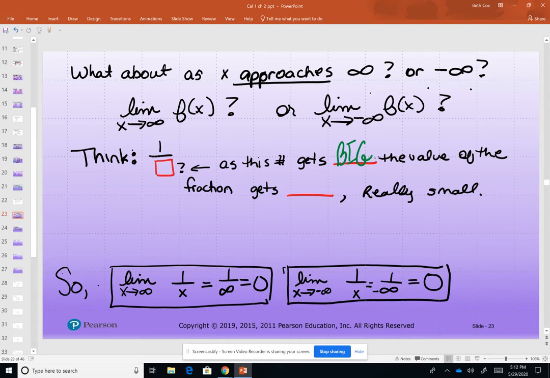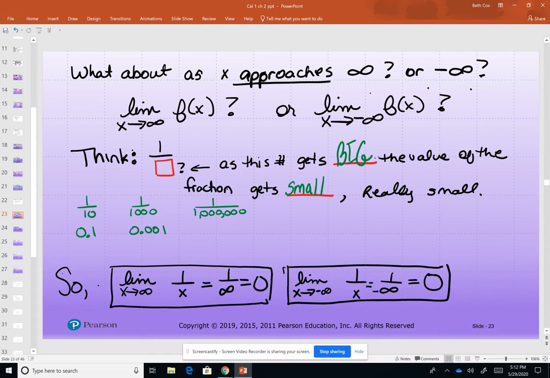Well, this one's a little more intuitive, because we know that the denominator means how many pieces we cut it into in a fraction. So as that number gets really, really big, the actual value of the fraction gets very, very small. To give you an example, say we had 1 over 10. Well, that's 0.1. 1 over 1,000? That's 0.001. And then as this number gets really big, like 1 million,